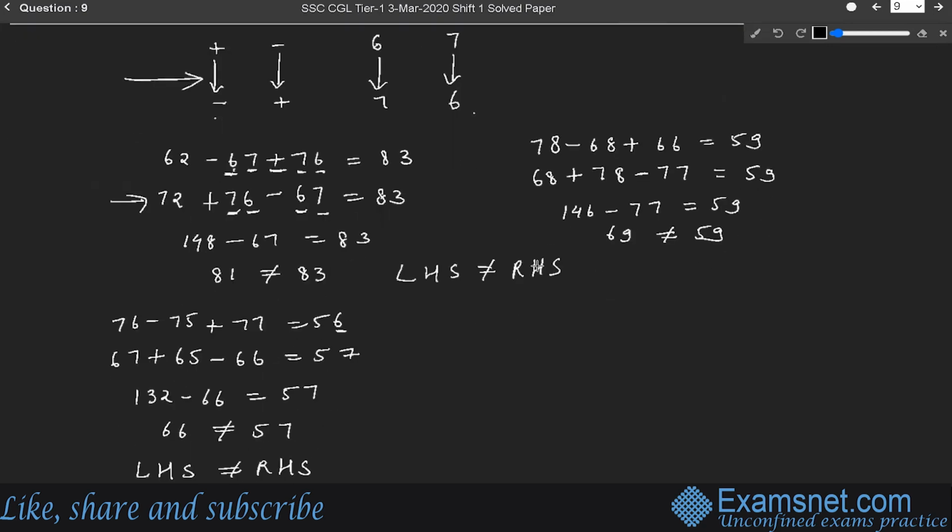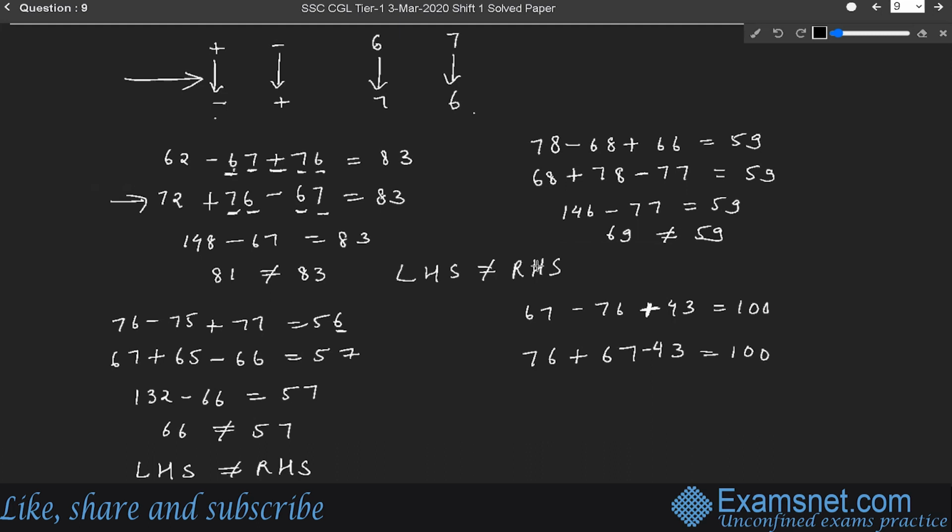Last option is 67 minus 76 plus 43 is equal to 100. Okay. Now interchanging the values, 6 will be changed with 7. 7 will be changed with 6. Minus will be changed with plus. 7 will be changed with 6. 6 will be changed with 7. Minus will be changed with plus, and plus will be changed with minus here. So here you can see there is positive sign, so there will be negative sign, and 43 is equals to